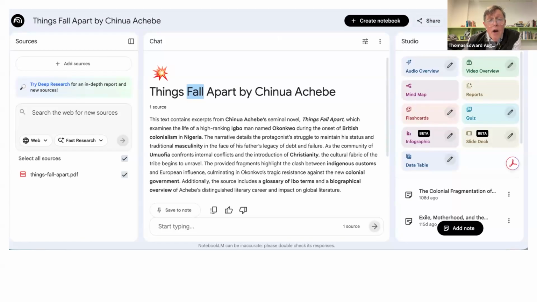So for instance, you upload... now of course, as a faculty member, you're saying, please don't read this in a digital edition, but of course, digital editions for most anything can be found. So the student finds a digital edition of Things Fall Apart, uploads it and creates a notebook for it here in NotebookLM. So this is what that looks like. And so you'll see there's immediately an AI summary given of the text right here.